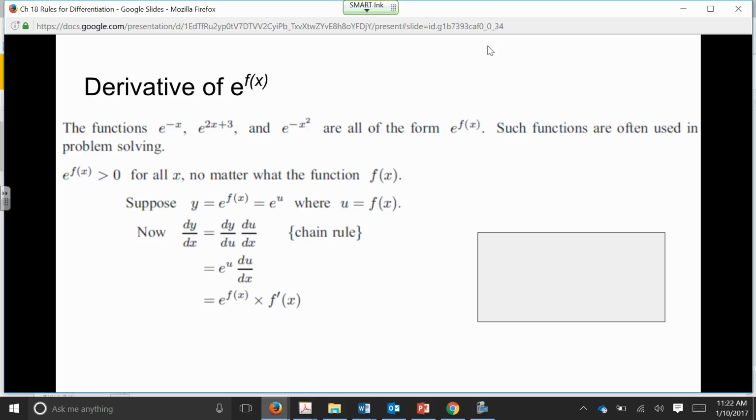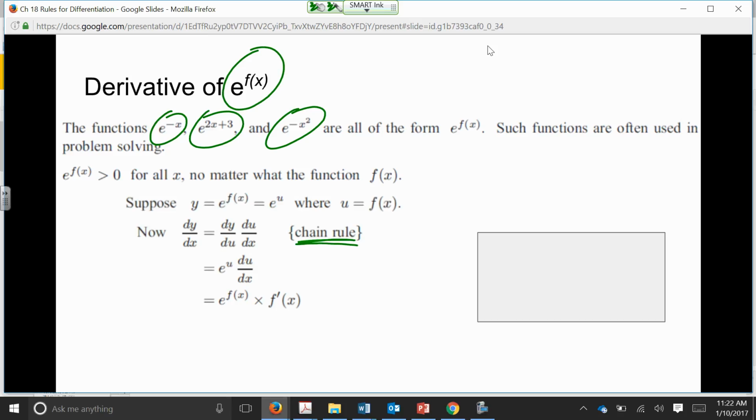Now, like I said before, the derivative of e to the x is e to the x. But what if we had e to something other than x? How could we find that derivative? Let's just say we had e to the negative x, or e to the 2x plus 3, or e to the negative x squared. Well, we can find these derivatives pretty quickly as long as we remember how to use